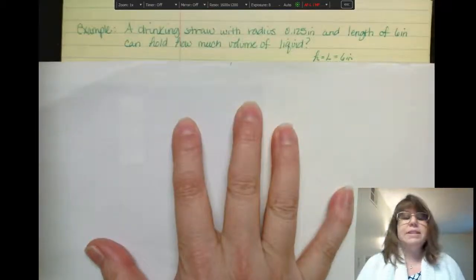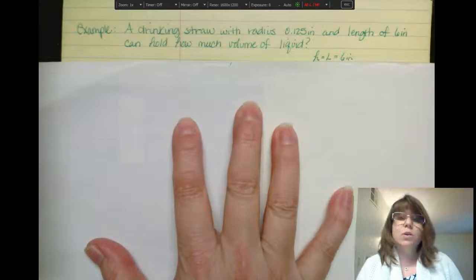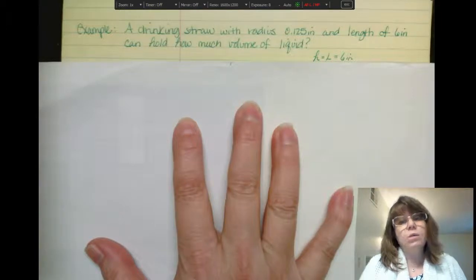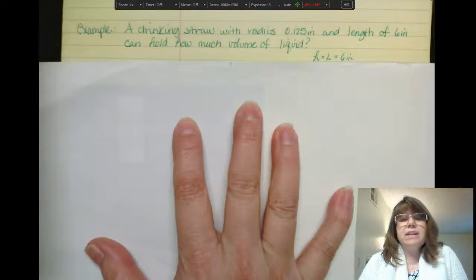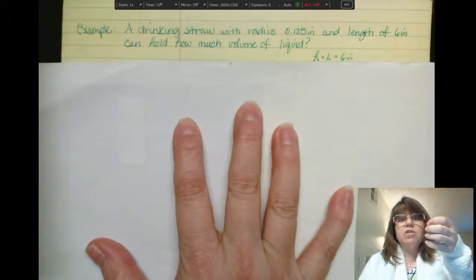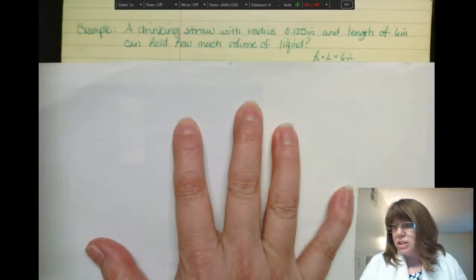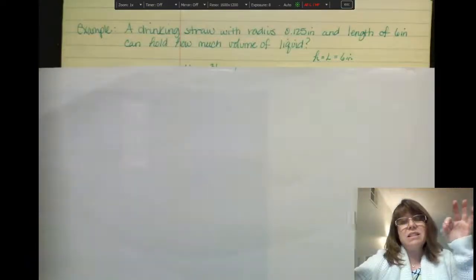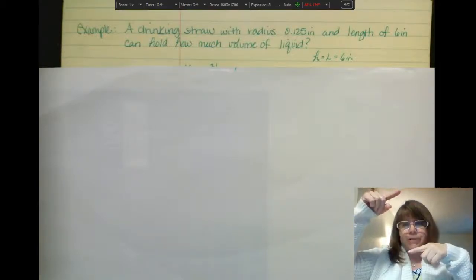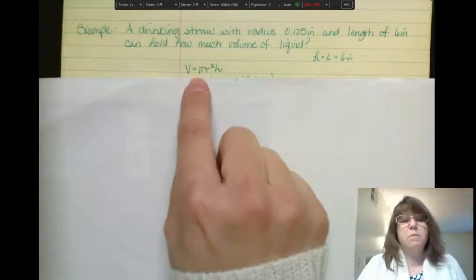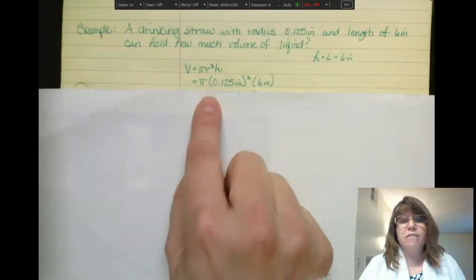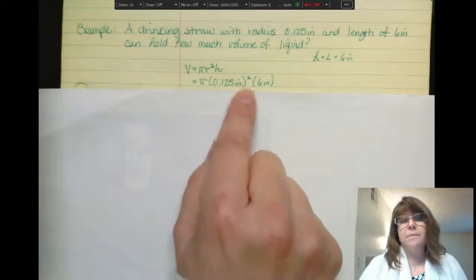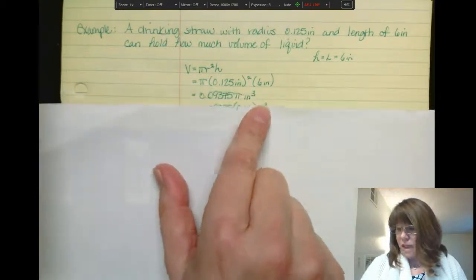For example, let's consider a drinking straw with the radius of 0.25 inches and the length of 6 inches. How much fluid can it hold? Well, the volume of fluid is going to be what fills the straw. So we're going to use our equation of pi r squared times h, where the length in this situation is actually the height of our cylinder. So volume equals pi r squared h. Plug in our values. Pi times 0.125 inches squared times 6 inches. That will give me